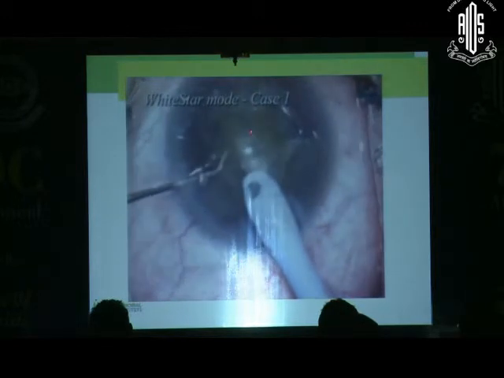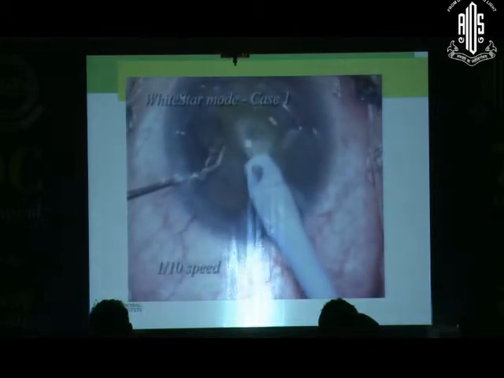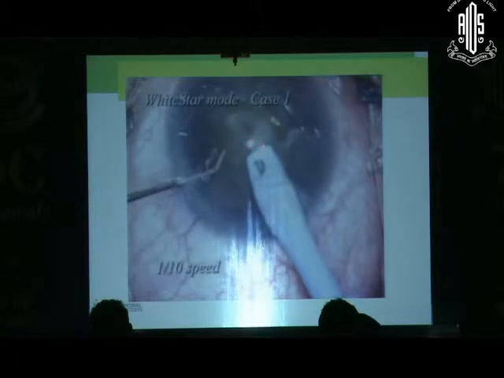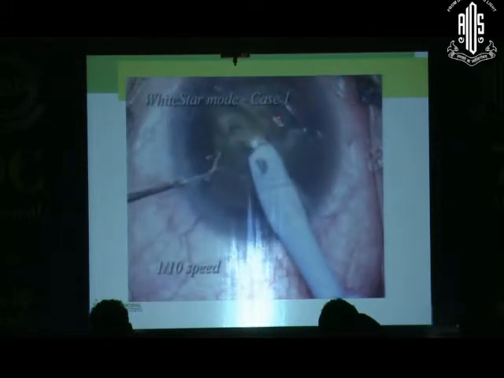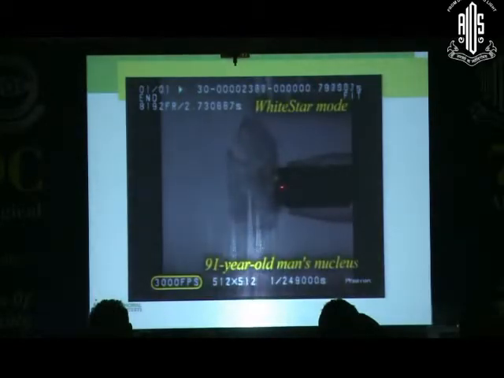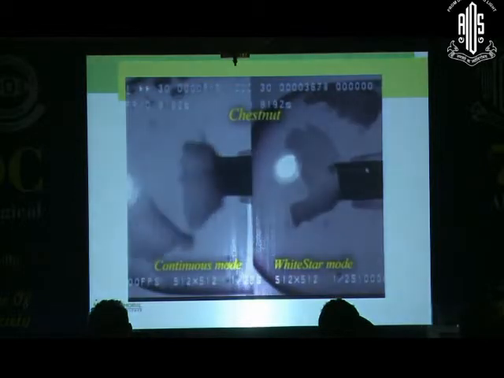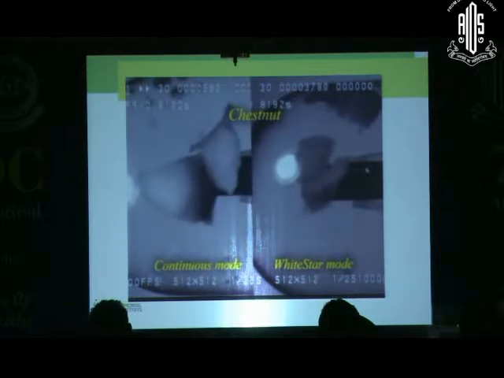Whereas in a hyperpulse or an ultrapulse or a micropulse, you can see that the particles remain close to the tip, even in the off time. You can see that there is off time, so there is energy being given, and at all times the particles remain close to the tip. So one, there is less chatter. Two, there is always a particle in front of the piece, so there is no wastage of energy, and the energy is not being wasted all over the anterior chamber.